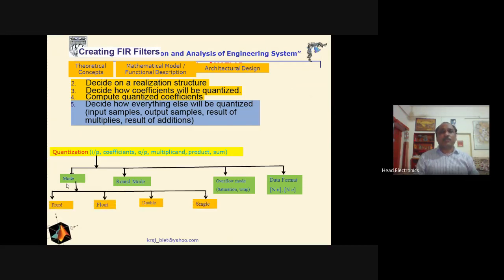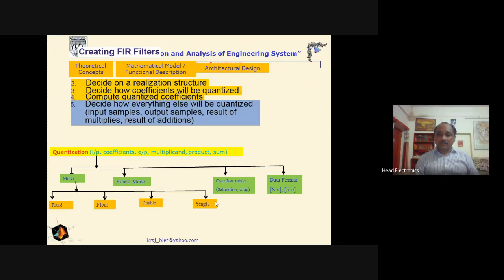As we have discussed, during the representation of any coefficient or the data, we have to use either the fixed point number system or the floating point number system. Fixed point number system has the format of Qm.n, and floating point has two options. One is user defined, and if we are using the user defined, then we will use float, and in the float we can define the word length as per the requirement or the situation.